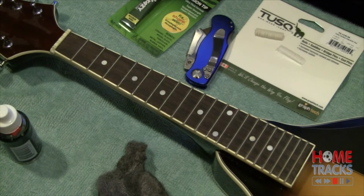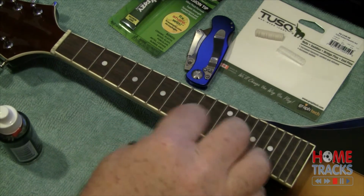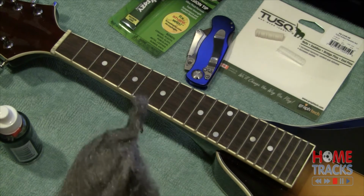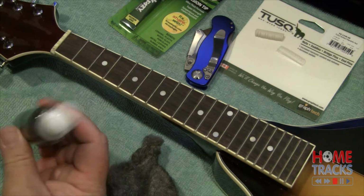Okay, so I got the strings off, and I noticed that the frets are pretty grimy. I play this quite a bit, so they've got some sweat and other crap that builds up on there. So it's pretty easy to do that. This looks like it's a rosewood fretboard. I'm just going to take some very light steel wool and some boar oil, which is basically the same oil that you use in